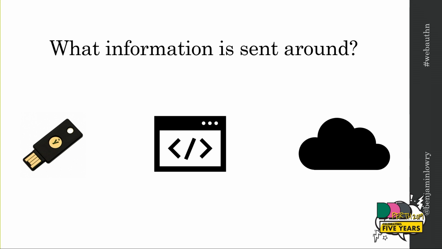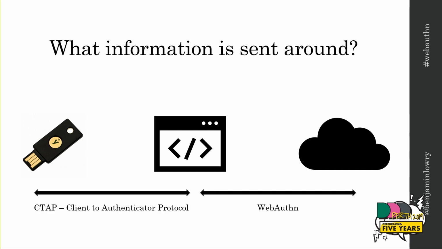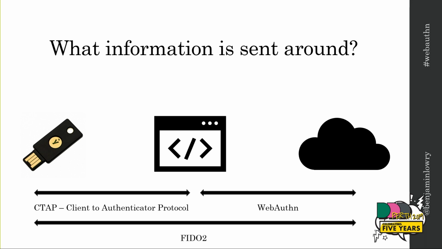Now, there are a few different parties here, and we have different specs that actually define what each bit is. So there's the Web Authentication API, which you'll see shortened as WebAuthn a lot, because typing out the Web Authentication API takes a bit longer. And that defines what happens between your browser and the website server, and I guess their JavaScript website as well. And then you have the client to authenticator protocol, which talks from the client to the authenticator. So that's from the browser or your operating system to the authenticator itself. And those together form FIDO2. So a lot of the time you'll look up and see FIDO2/WebAuthn if you Google or whatever.